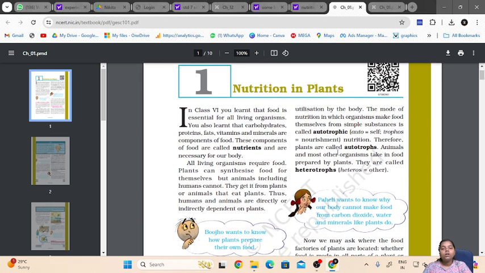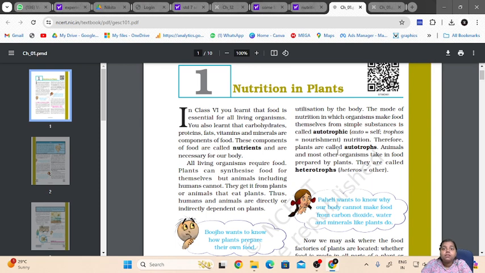All living organisms require food to perform their normal daily functions, to gain energy, to work. Without energy, we cannot do anything. If we don't have food for several hours or several days, then we feel dizzy and cannot do anything. That is because we are hungry. On a hungry stomach we cannot even study, so all organisms require energy to perform all the functions.